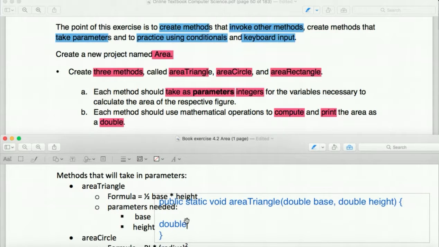So we're gonna pretend. I'm gonna create a double, and I'm gonna say area triangle. My method name can be the same name as my variable, because they're 2 different things. Some people might not like that. So maybe you could call it area try, but you want to make it something that makes sense. So I'm creating a new variable. It's a double, and it's going to be equal to 0.5